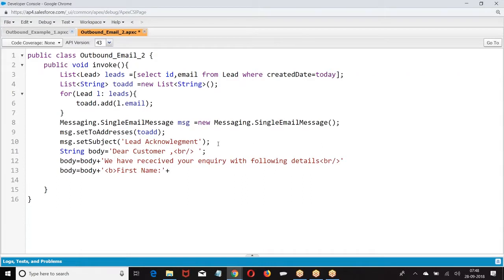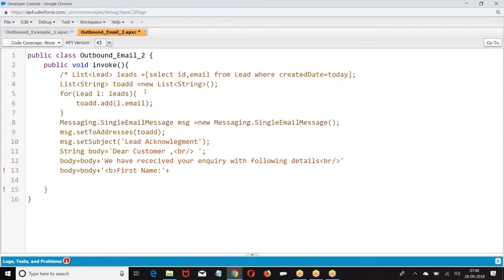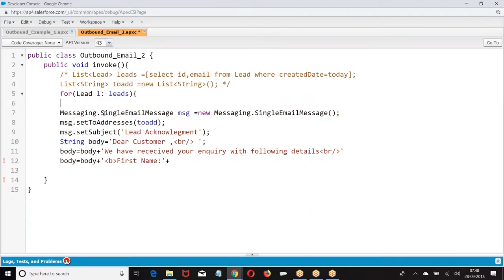Now the issue is, do you want to append every record's data? If I want to send every record's data, then I should not put it in this way. Then what is the solution I have? Because I'm trying to append every lead's data. The lead which I am fetching, the lead data I am fetching here.